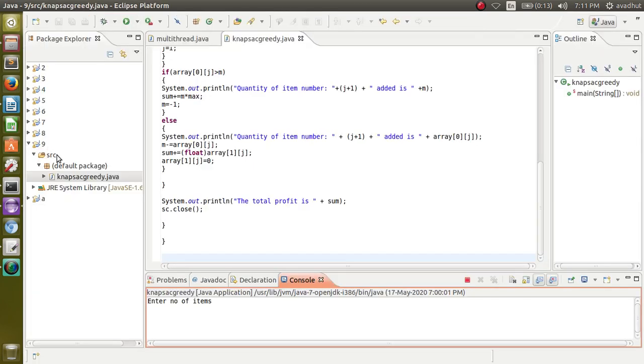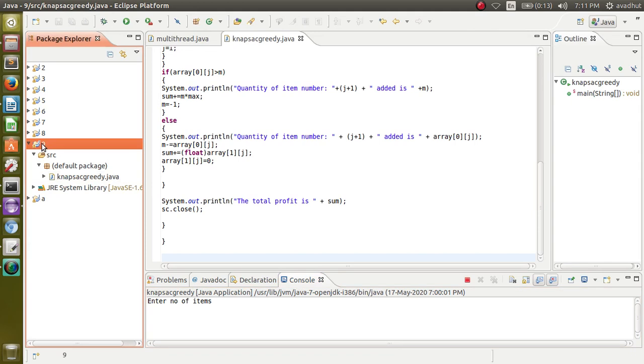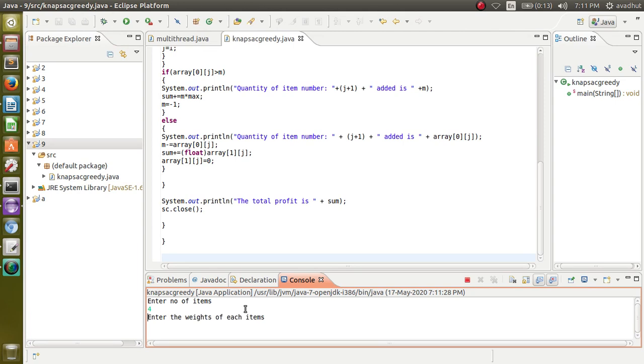I have created a project here, project number 9. In that I have pasted the program, and let us run the program here. After running, it is asking what is the number of items you want to enter. I want to enter 4 items. Please see the output in the console below.